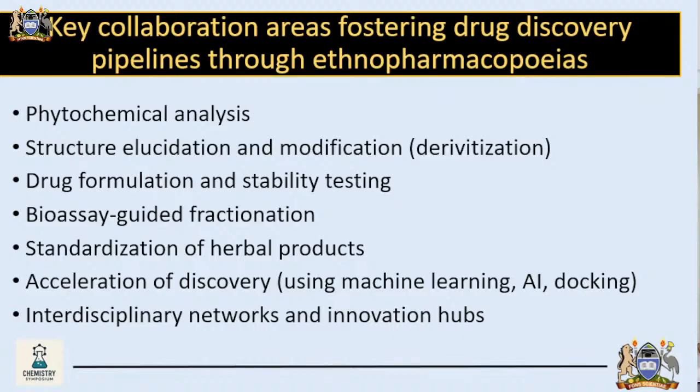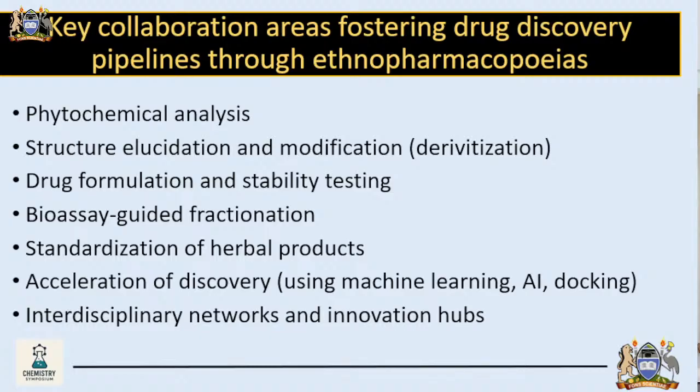Now, one of the areas is phytochemical analysis, structure elucidation and modification. And here I'm very interested in what chemists are able to do. When Dr. Dutu was talking about the para position, the ortho, the meta position, what happens if you put in a chloro or a halide into a molecule that already has activity? What happens to it? Then drug formulation and stability testing, bioassay guided fractionation, standardization of herbal products, and very importantly